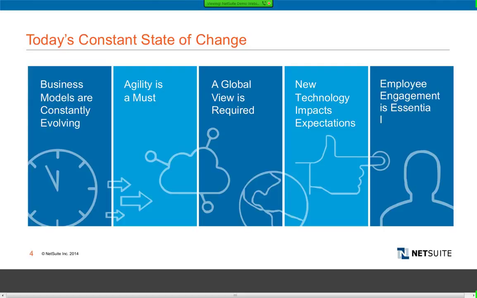And lastly, employee engagement, which is essential to all of this. As the workforce is changing, with more millennials in the workforce, they are expecting a difference in the technology that they use. What they use at home is what they expect at work, and that is important.